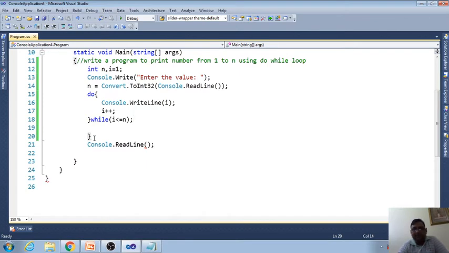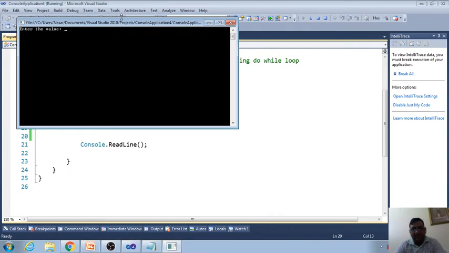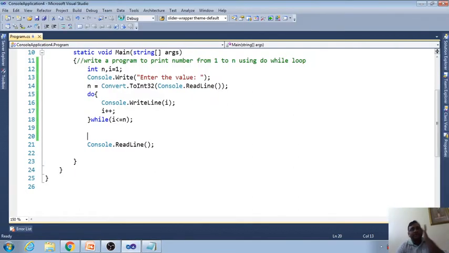The problem is this is the extra i. I give the value 23 and it is coming up to 23. So if you see here, what I did: the initial value on the top, increment or decrement inside, and the condition is outside.